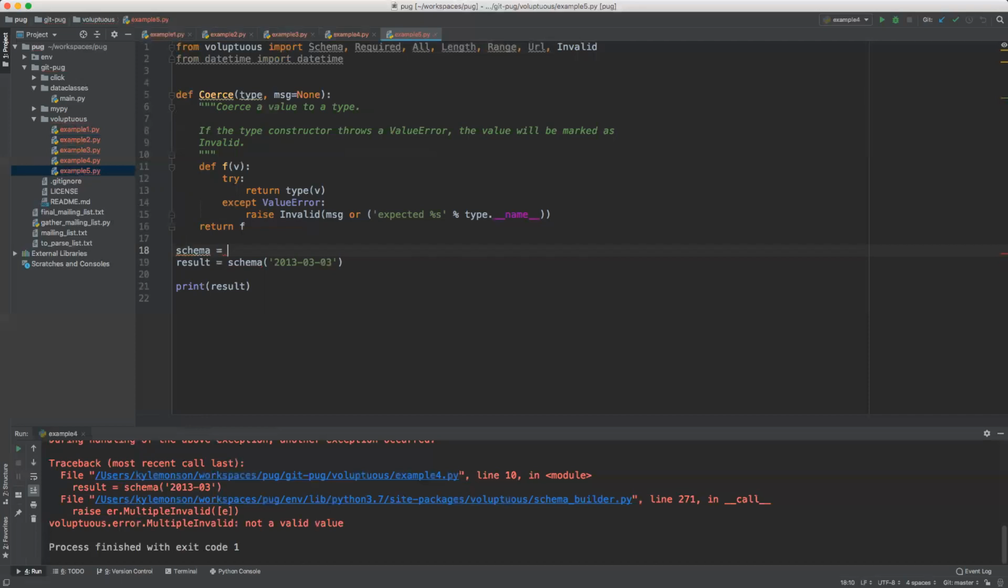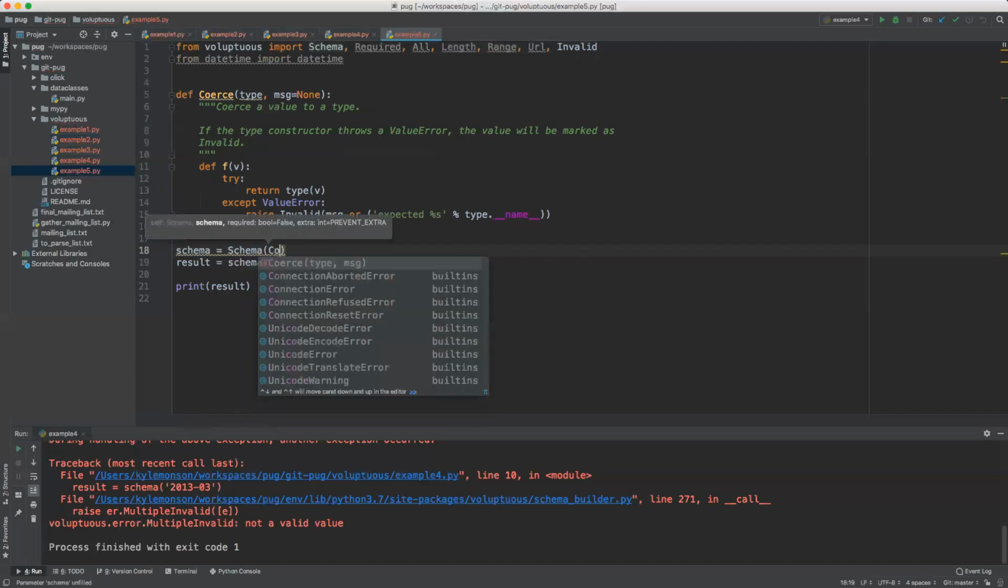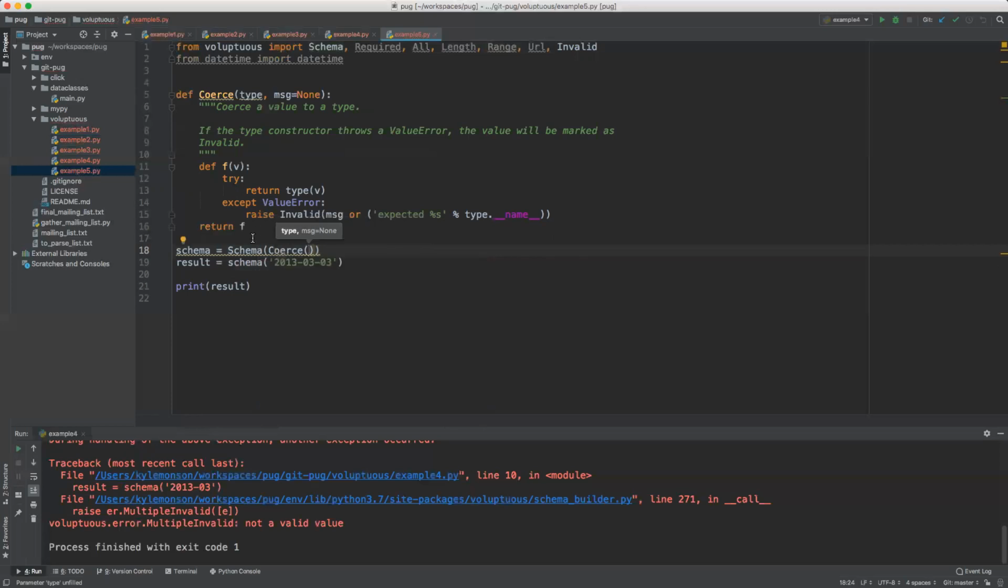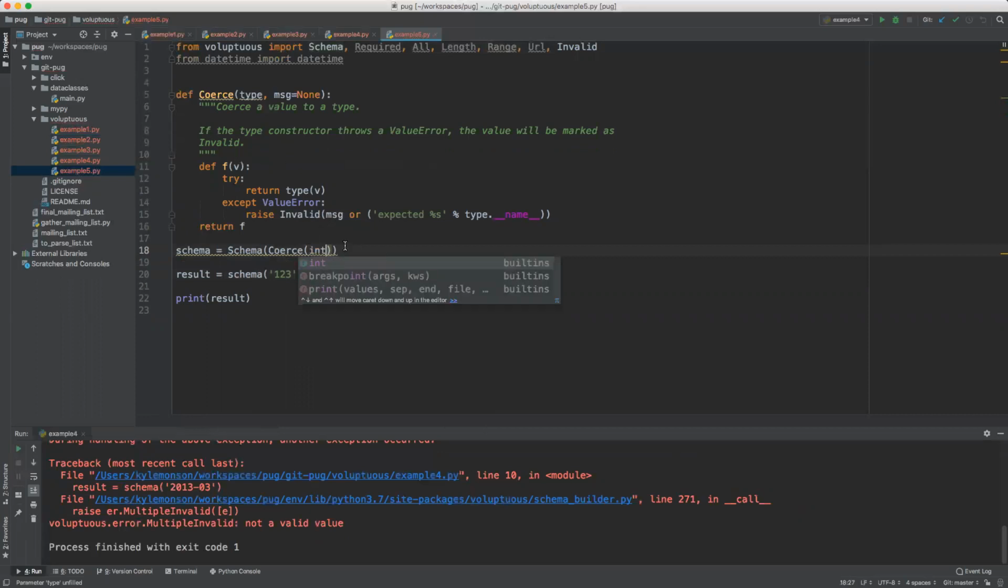Schema equals Schema, and then we're going to specify coerce. Okay, so we won't pass a date. We'll just pass something like this. Now we have another validator that, again, is configurable. And one of the things that we have to specify is the type. So I'm going to specify an integer for the type. And then we have an optional